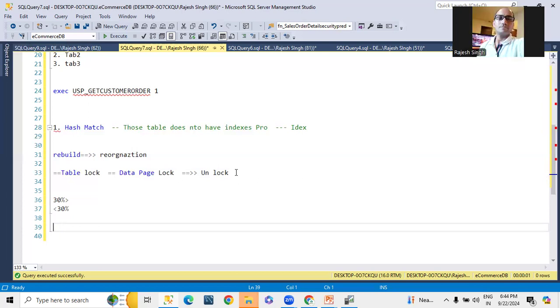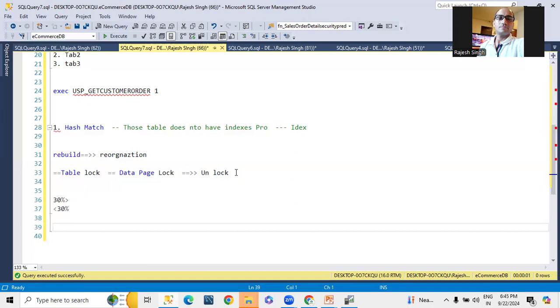So basically, what you have to focus on is not just whatever statement you told, like 30% greater than or less than. Let's suppose you are working in production hours, the current server utilization is very high and this table's utilization is very high. In this case you have to go for the reorganization instead of rebuild. But if you are working in non-production hours, then you can go for the rebuild for each and every table.